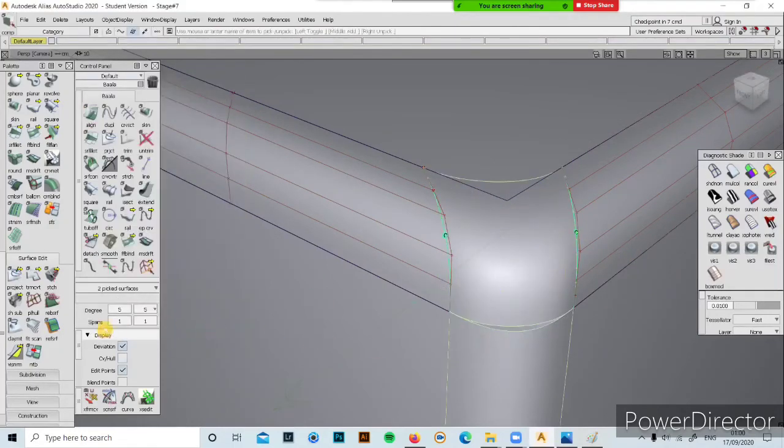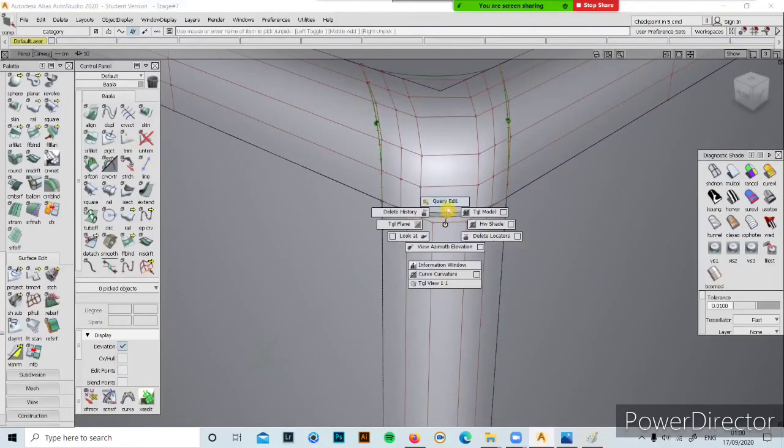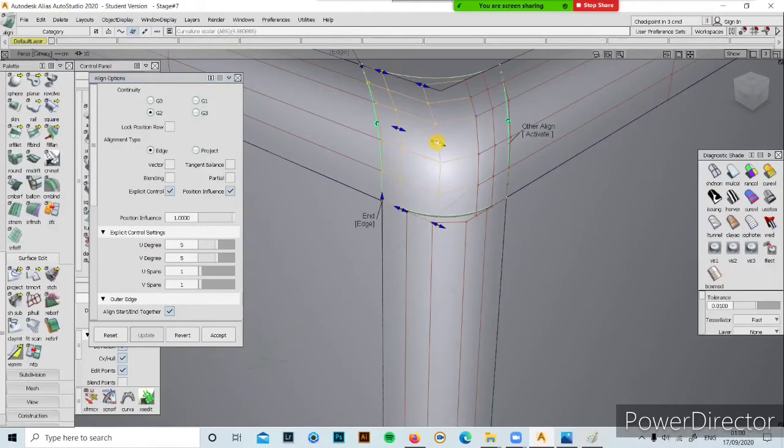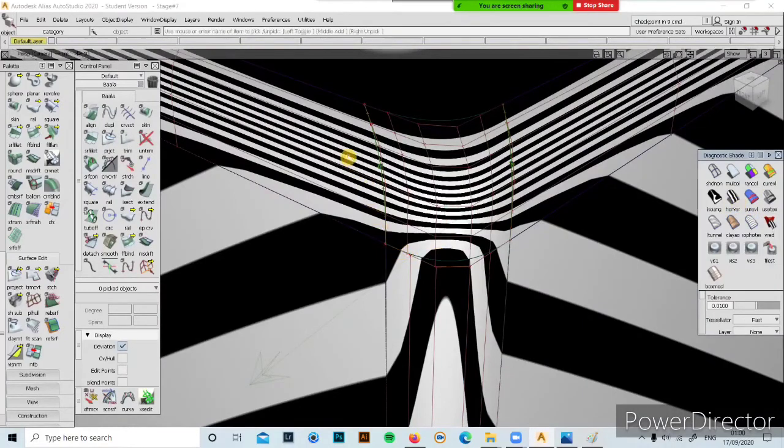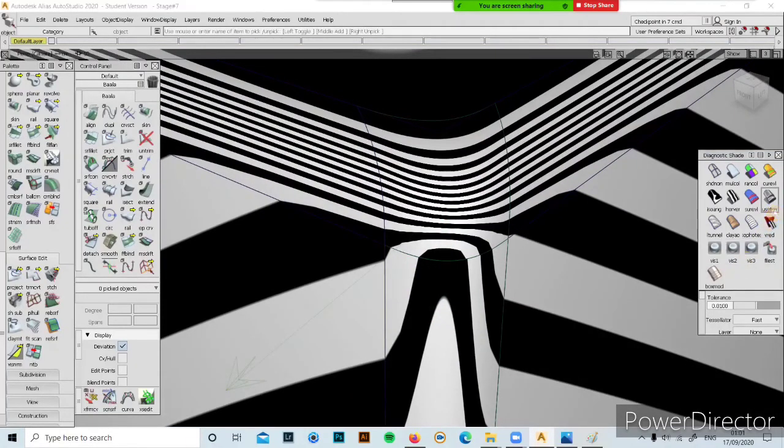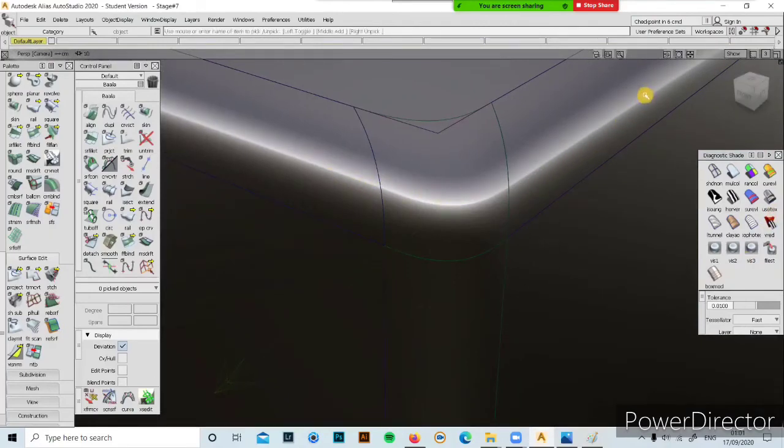Okay, wait. This surface, and I'll switch on the L. I will move the hull. Now you see the flow. Oh, okay. Beautiful. Now you get it. You might wonder why I was moving the CV points. I need to make it easier to align to the bottom, otherwise I won't get the alignment at the bottom. And if you check on this, you'll have the line flow. This is the light flow which I was describing in the car.